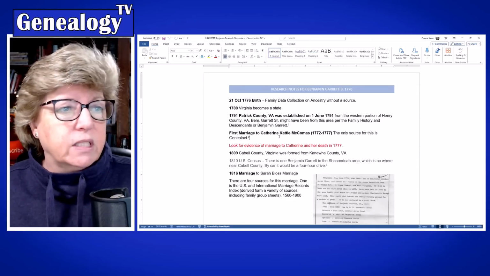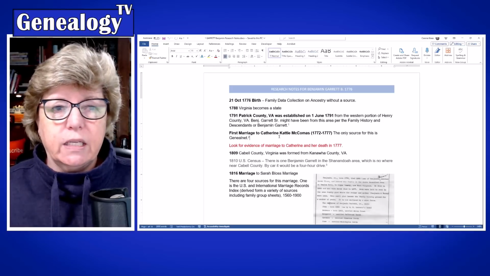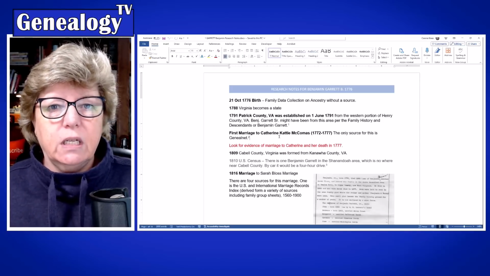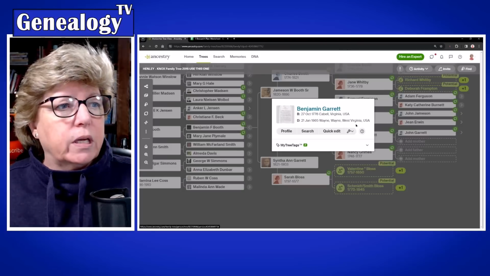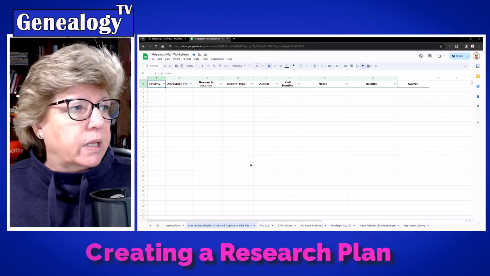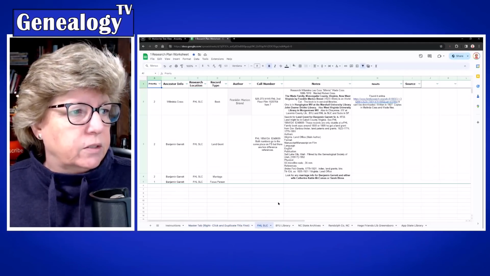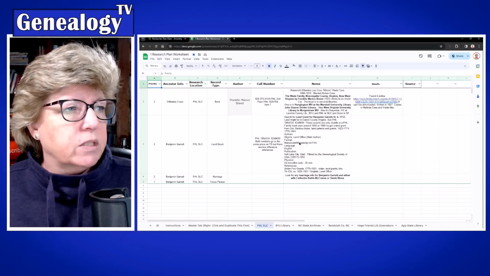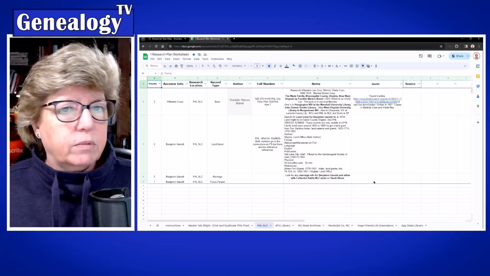So having said that, what I do a lot of times when I get to the point where I can't find anything, I then go and create a research plan. So here is my research plan over here, and I'm going to jump down to the Family History Center, and here I have Benjamin Garrett, and I am making a note, and I realize that's probably really hard to see,